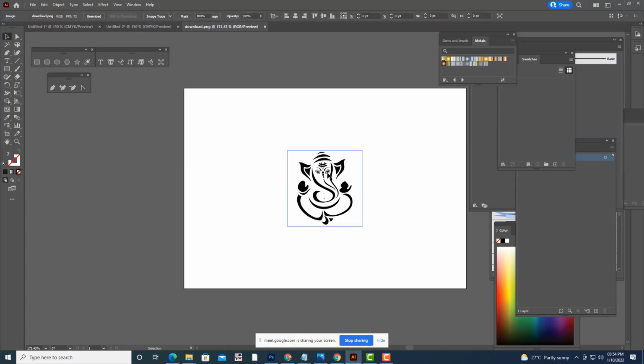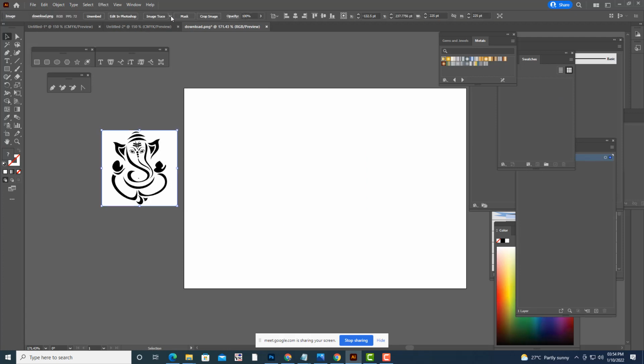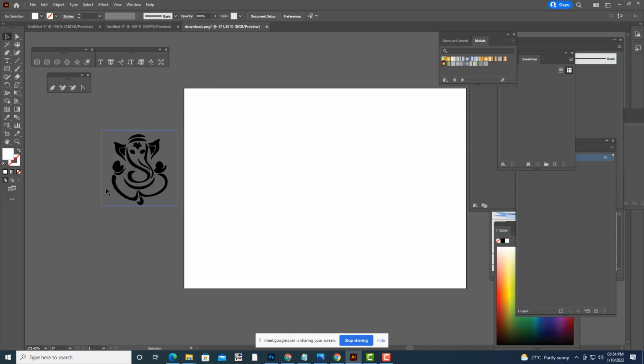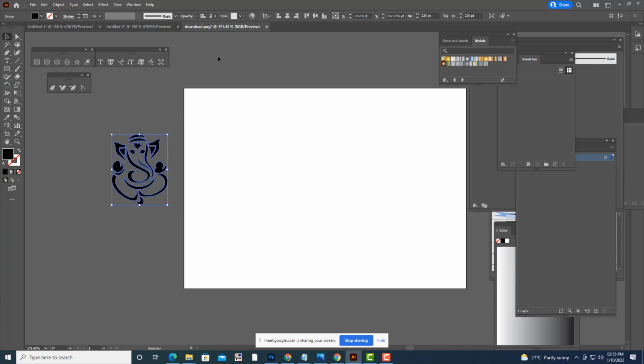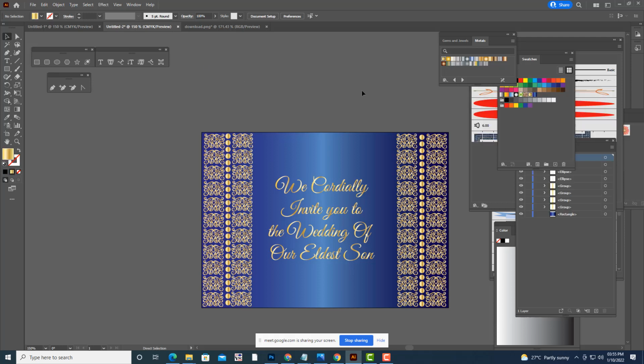So here what we'll do is, we will actually do image trace. We'll just select this and we only want this silhouette. So here we have only the silhouette and then we'll expand it. Able to understand? And we'll Control X cut this and then we will paste it.